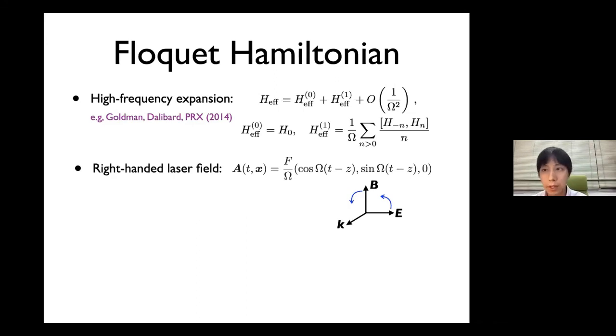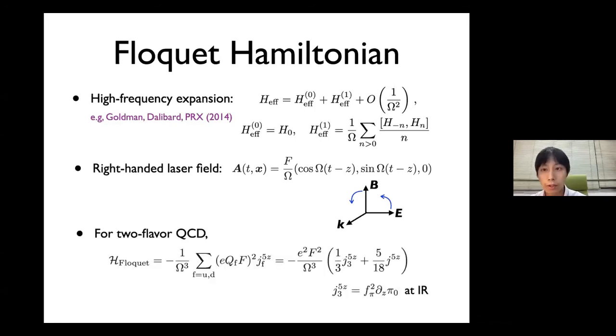We can similarly consider the Helmholtz minus 1 configuration, but considering this situation would be sufficient for our purpose. Now, by substituting this expression into the case of two-flavor QCD, we get the effective Floquet Hamiltonian. So we can explicitly compute this commutator to obtain this Hamiltonian, where Qf is electric charge for each flavor, plus